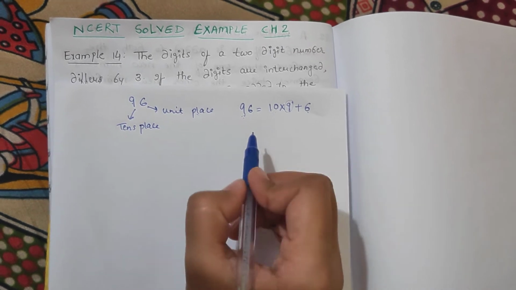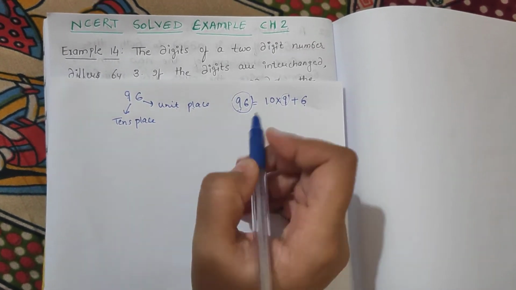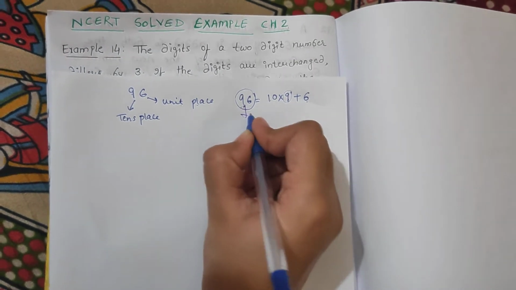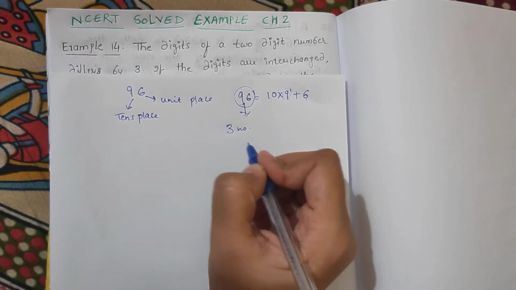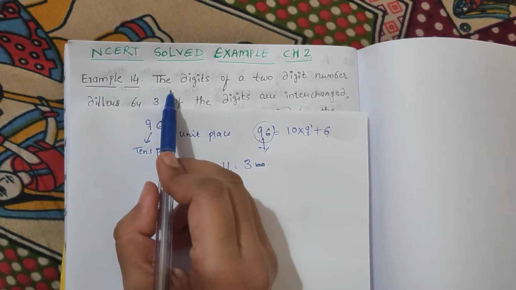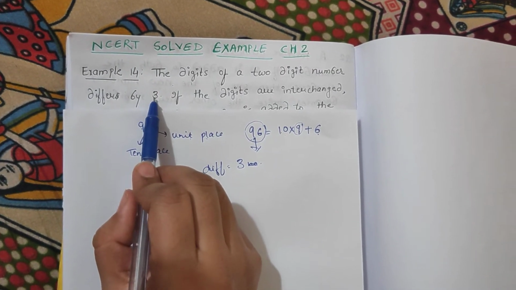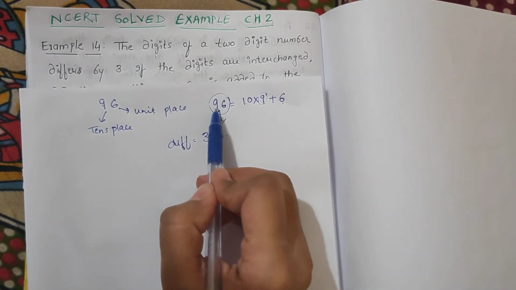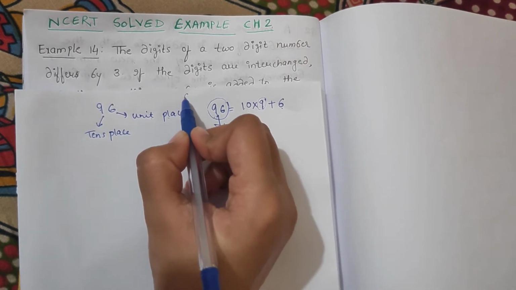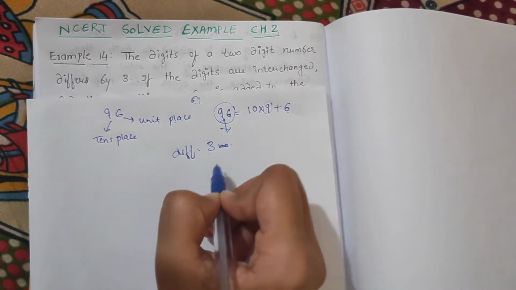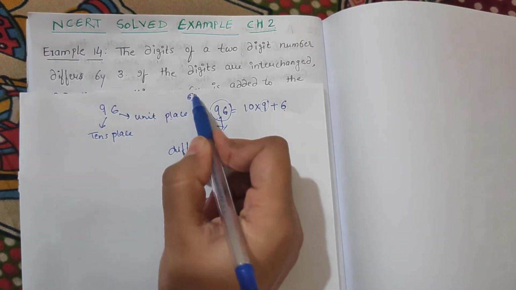Now what is the difference between these two digits? 6, 7, 8, 9. There is a difference of 3. If you see in this question also, they have given the difference of 3. So what they want to say is that the difference between these two digits is 3. It can be 69, it can be 96, but the difference between the two digits is 3 only. I hope this part is clear.